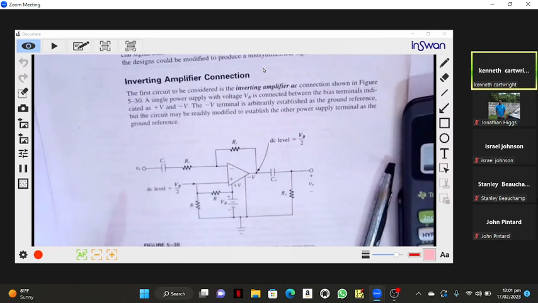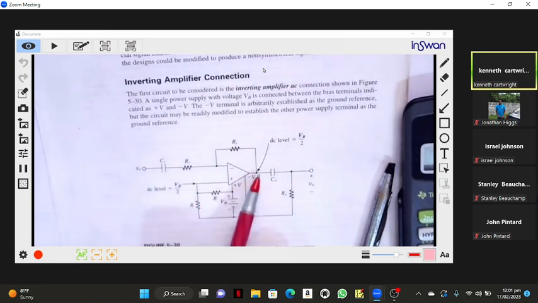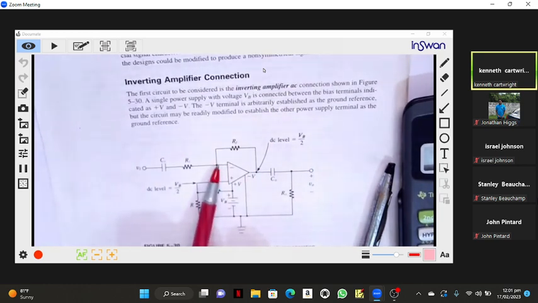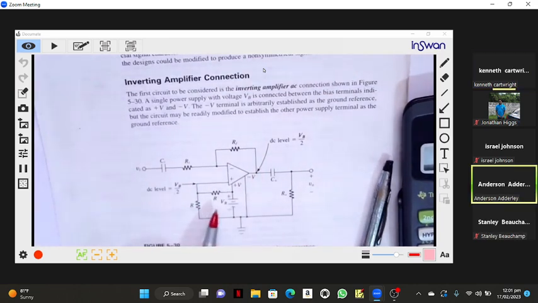So if VB divided by 2 is on this output, it's also on this input, because no DC current flows, and the voltage that's here is also the voltage that's there. So to make sure this voltage is VB over 2,